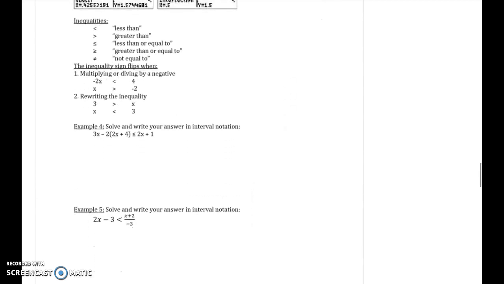And I want to do this example number 4 with you now. So, example number 4, what do we have? First of all, what I want to do is get rid of the parentheses. So 3x minus 4x minus 4 is less than or equal to 2x